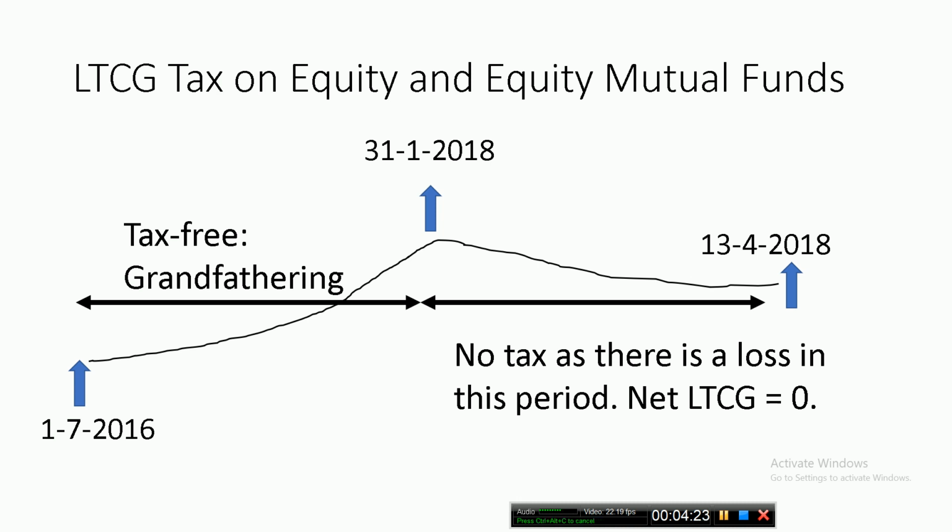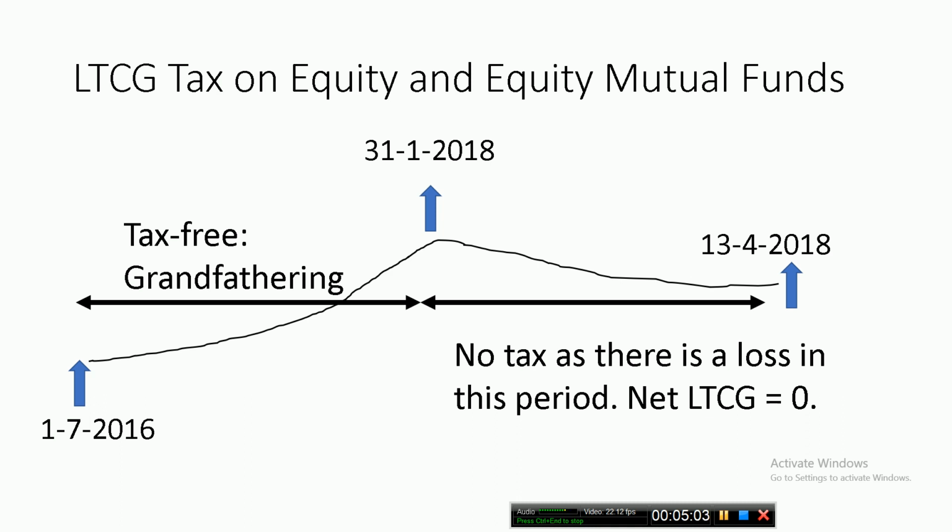This is the reason why, if you are going to switch from regular mutual funds, that is the ones which take commission from your investment value, or if you want to switch out from a mutual fund that has changed investment strategy because of the SEBI categorization rules, you can do so right now, because for most mutual funds the current NAV, in mid-April, will be lower than the NAV that was prevailing on January 31st 2018. Therefore you will not have to pay any tax and you can safely switch or exit. Of course, this will not apply for arbitrage mutual funds. For arbitrage mutual funds, the previous example will apply. So that's the second situation.